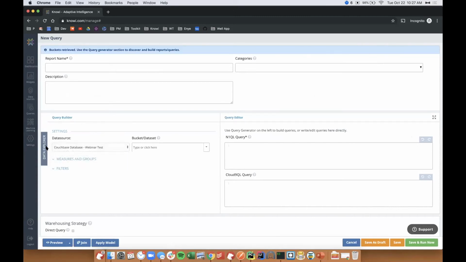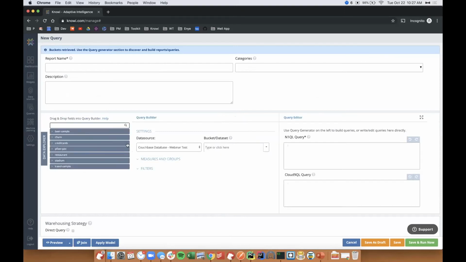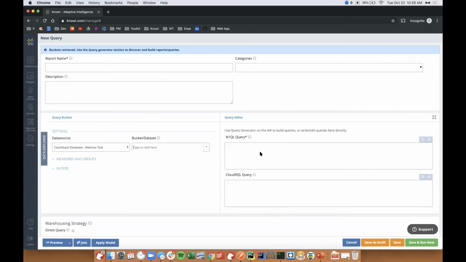There we go. Right, so on the left side, we have these two views here. On the left side is a query builder, which lets you visually see what's in the various buckets or data sets that you have in your Couchbase instance. And on the right side is more so for the power users, where if you know exactly what you want to do, you can start writing your unique query directly with the same syntax as you would